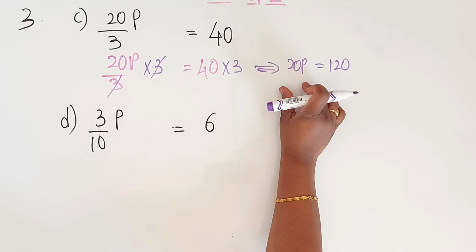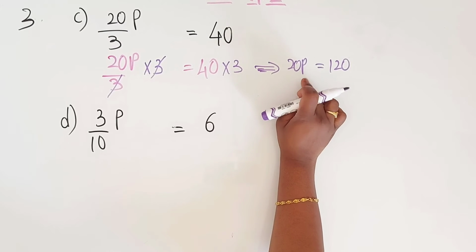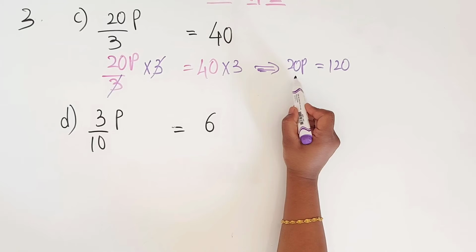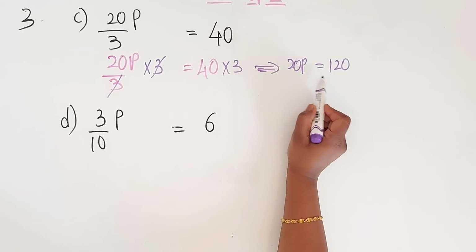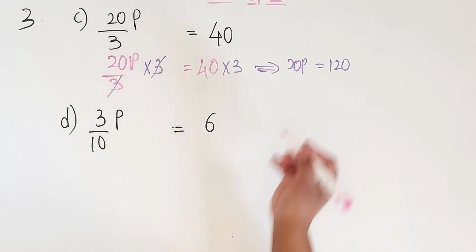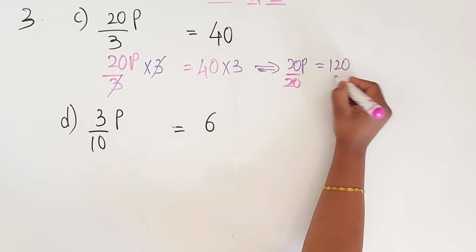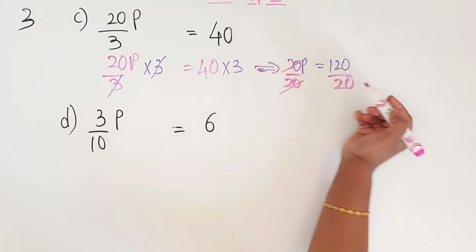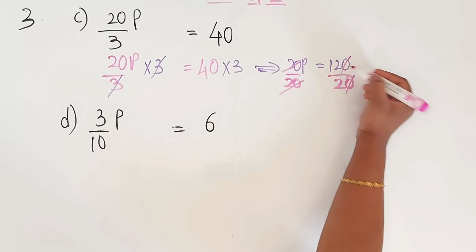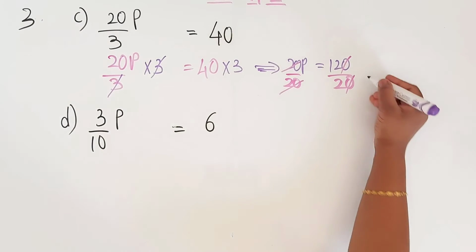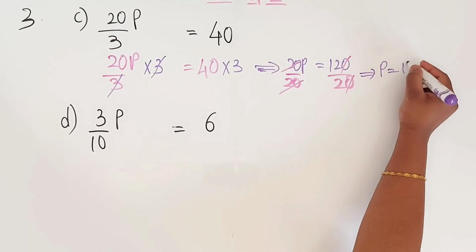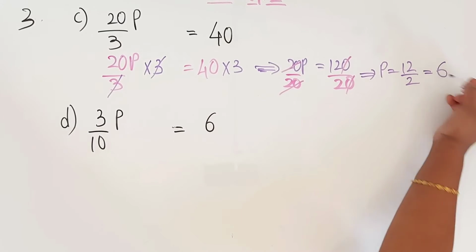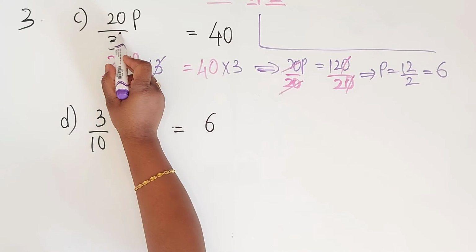Now again we have to separate the variable. So p only we want. Now what we have to do? We have to divide with 20 on both the sides. Right, children? By 20 here and by 20 here. So that we can cancel 20 here, and 0 also you can cancel. Therefore p equal to 12 by 2. What is 12 by 2? It is 6. Now we'll do directly, children.